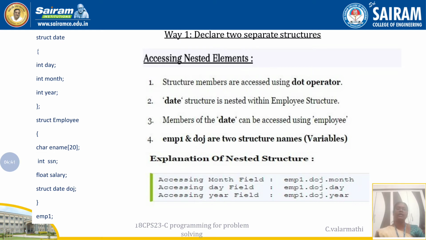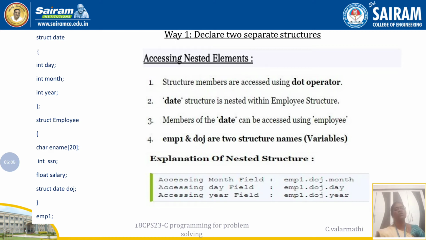Then I have started one more structure called struct employee. Same thing: if you take an employee, what may be the basic characteristics? First the employee name, then his number, that is his social number or something, then salary, and then date of joining, when he joined the company. That is called DOJ, date of joining.